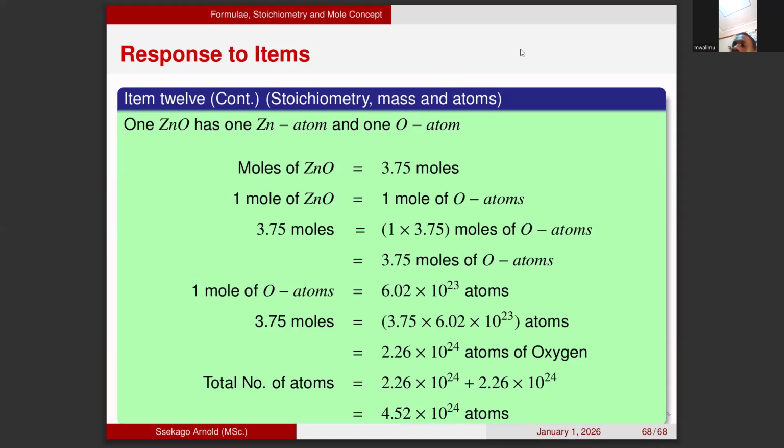Allow me stop here. So I've attempted all the items. The 12 items. Next we shall look at empirical formula and molecular formula. Items on those concepts, molecular formula and empirical formula. Yeah. As of now, allow me stop here and